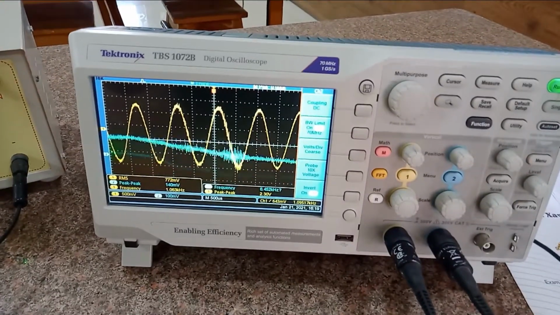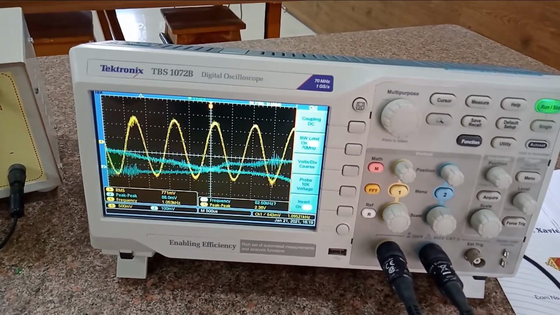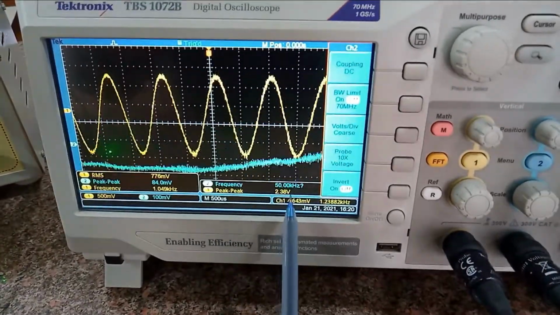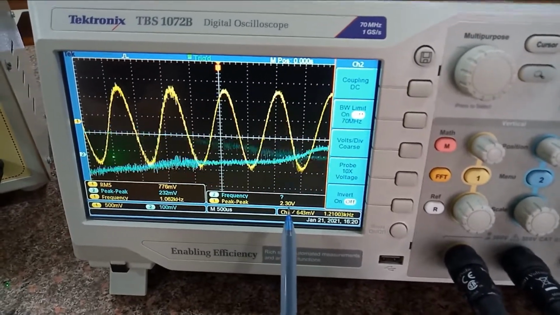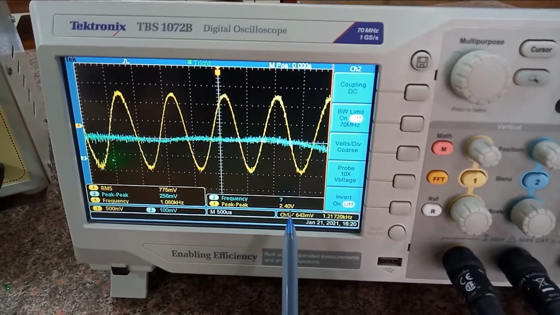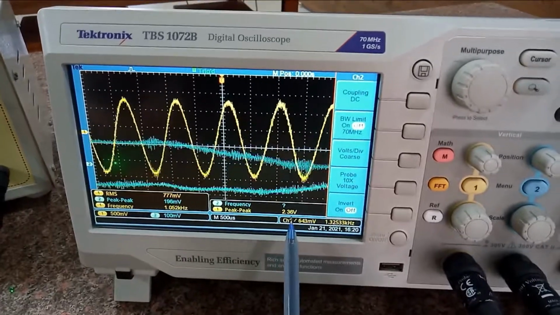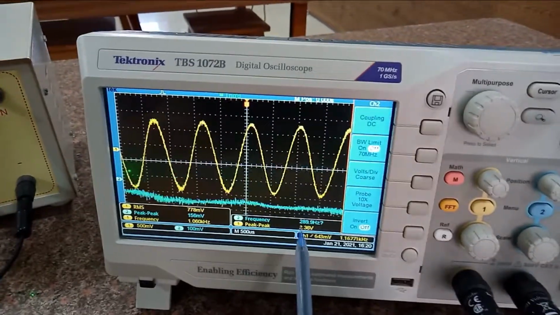Now the moment we start the battery, you will see that the sine wave has appeared. This is our output value. You can see, you have to see the yellow one, that is 2.36 volt. Remember, we have set about 0.1 volt and it has almost multiplied by 11, right? If we multiply 0.14 or 0.16 with 11, we will get near about this value. So this is the proof of amplification.